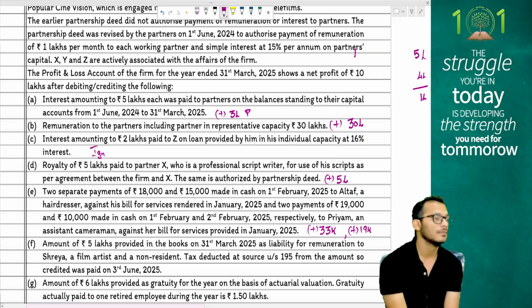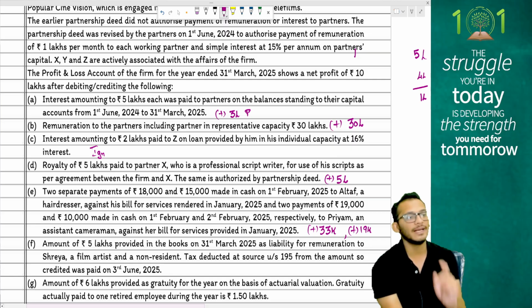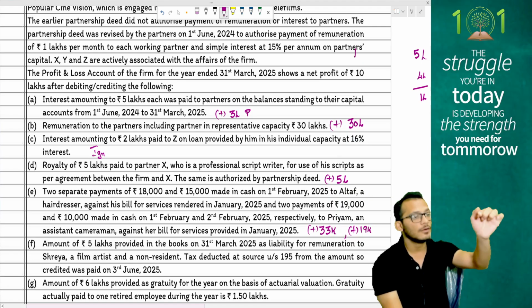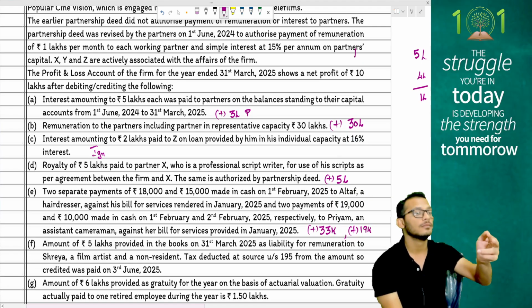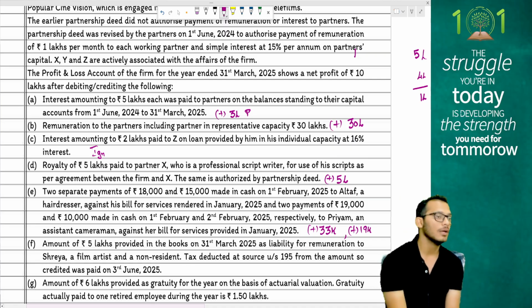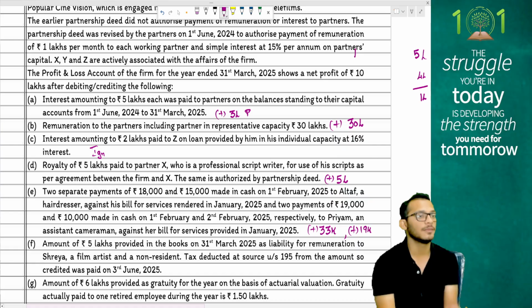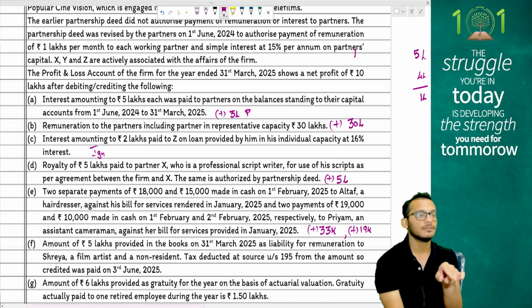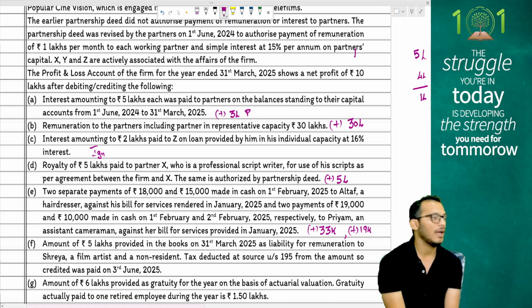Credit in the books. People, for those who remember the entries of expense: expense entry means expense account debit to TDS payable to cash, which means on 31st March you should have credited TDS. When did you credit TDS? 3rd June, which means credit happened after 31st March, and therefore you are triggering a disallowance.